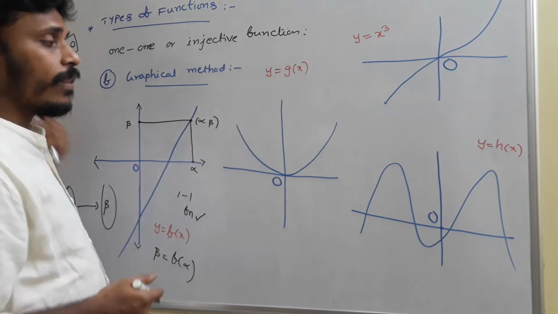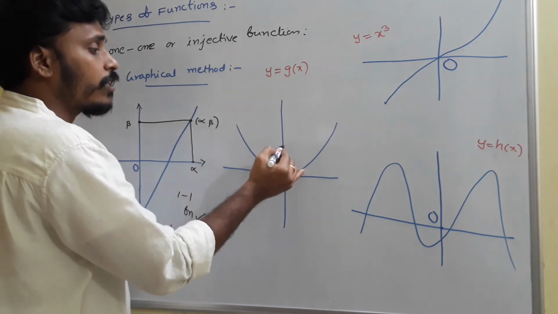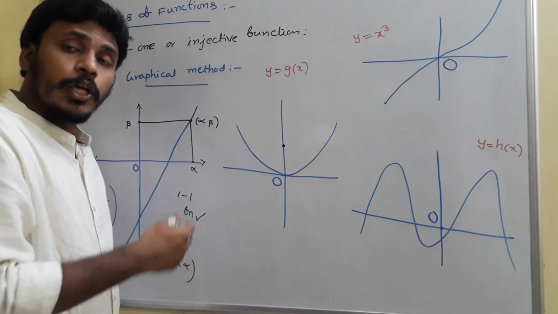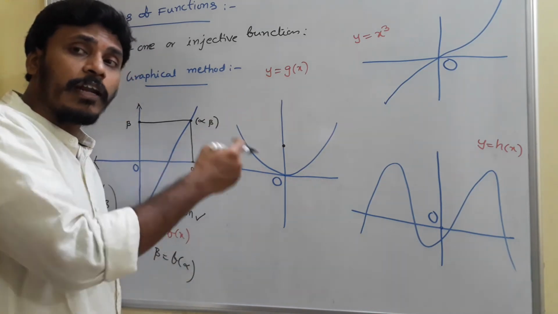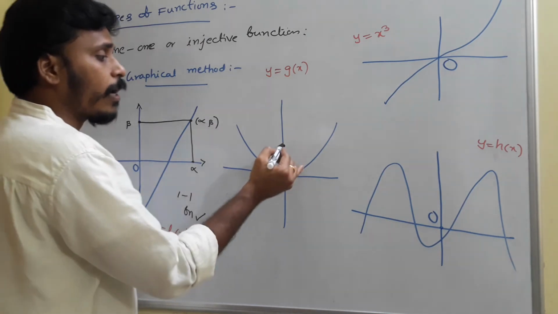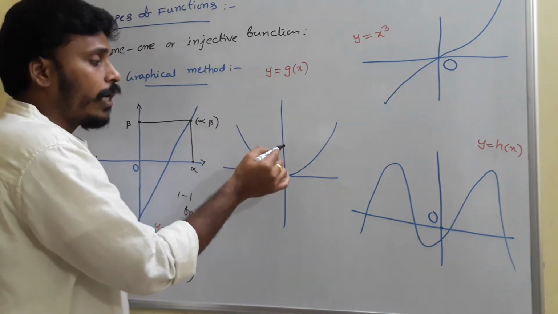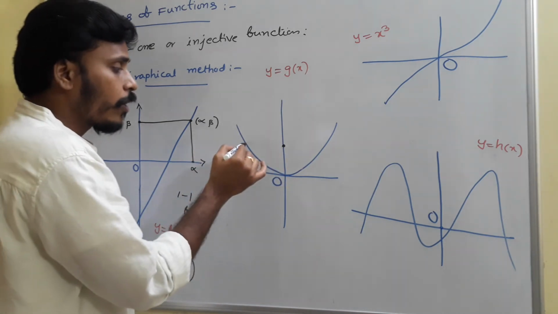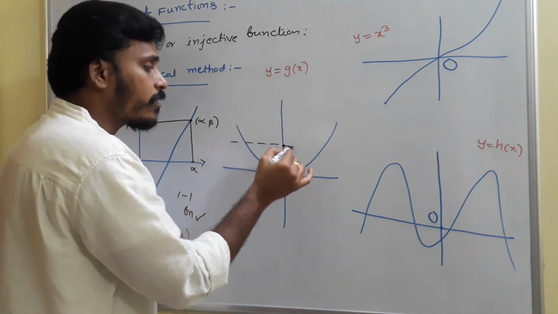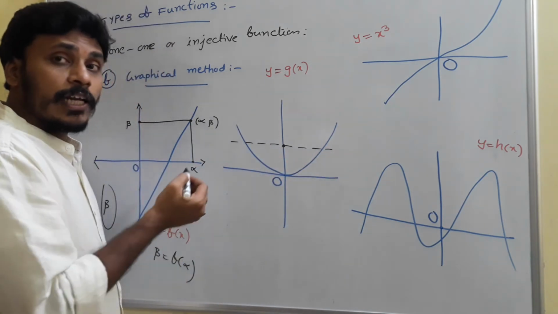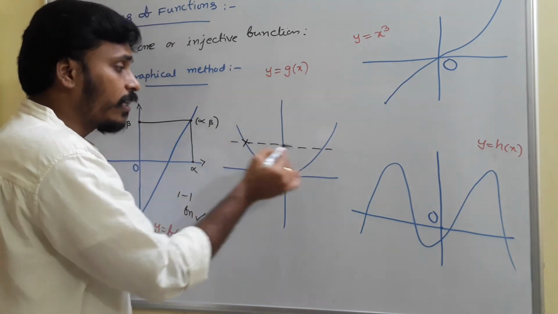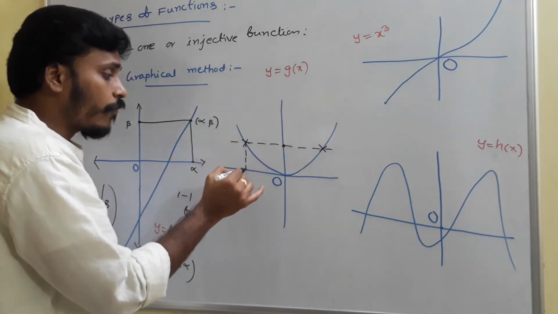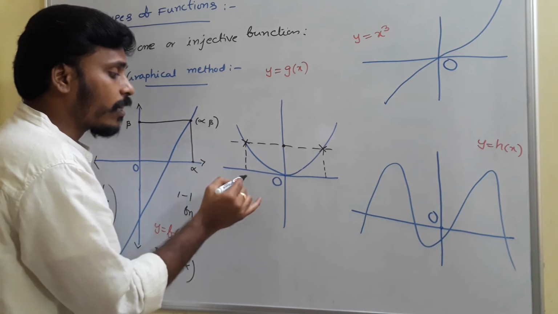Now when you look at the second graph, suppose you start with any element of the codomain. It's your choice, and you need to check with different points also. Suppose I take a point here. From this point we need to reach the graph. Here the graph is on either side of the point. So you just draw a horizontal line through that point. That horizontal line cuts the graph at two different points, and corresponding to these two points we will get two points on the x-axis.